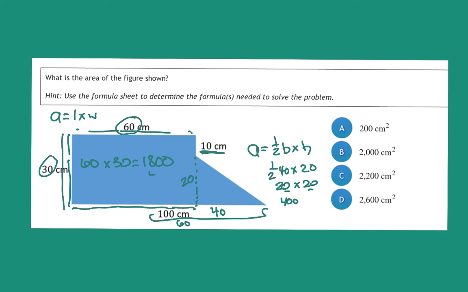but then we have to take 1800 and add it to 400, because we need the area for the entire figure, which is both of these added together, and we end up with